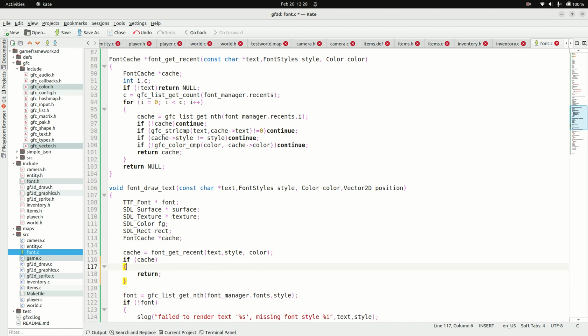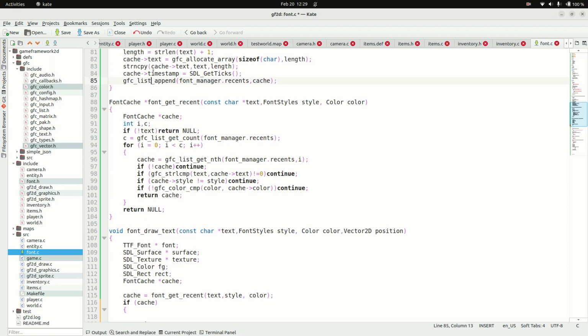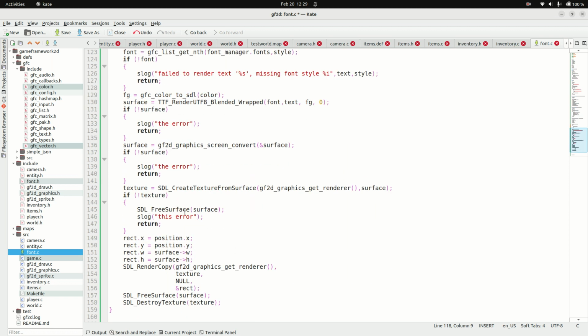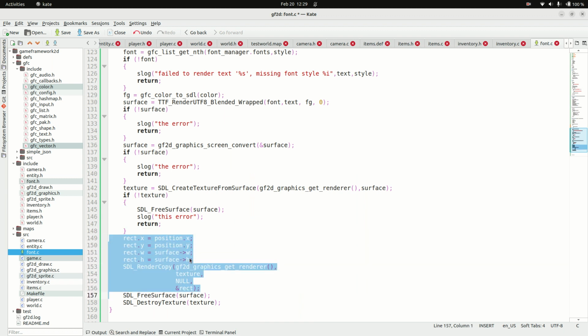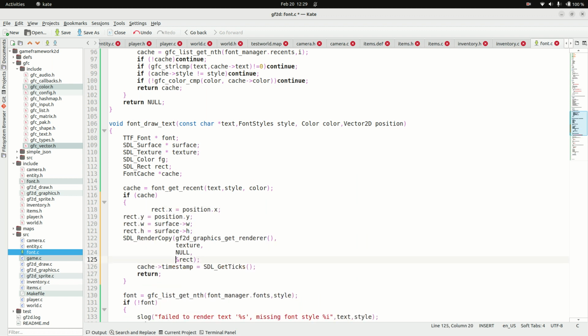But what we're going to do instead is, we're actually going to do this line again. We're going to set the timestamp equal to now. We're going to update the timestamp. We're going to keep this fresh. SDL get ticks, cache. And now we're just going to render the texture. We're going to do this bit right here based on our preloaded